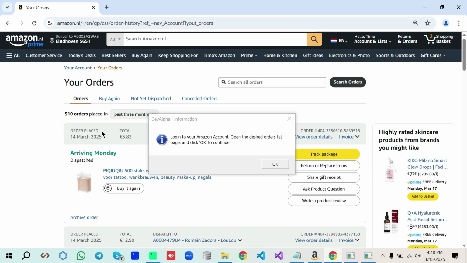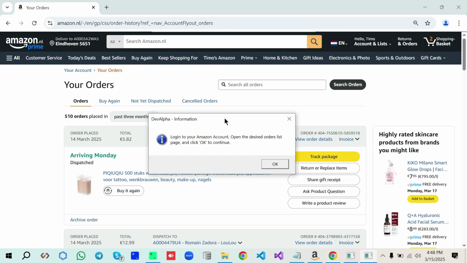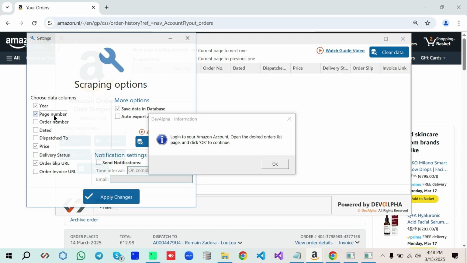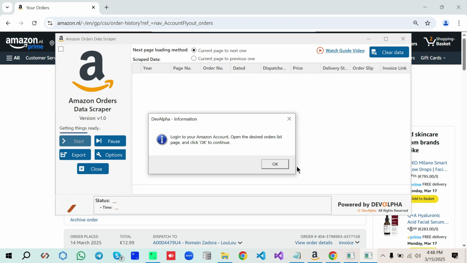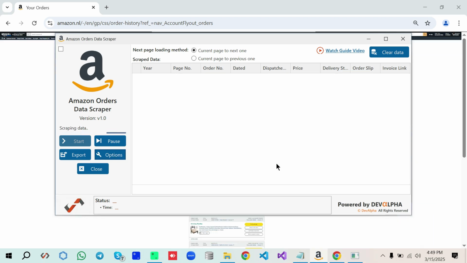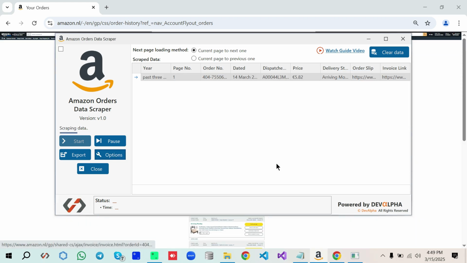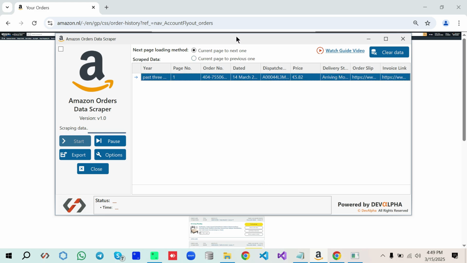and when we click OK, it will then start to scrape these orders data. Before that, select all the data columns that you want to scrape here. Okay, and now I am clicking OK. Now it is scraping the data,